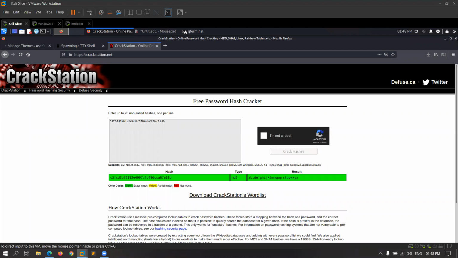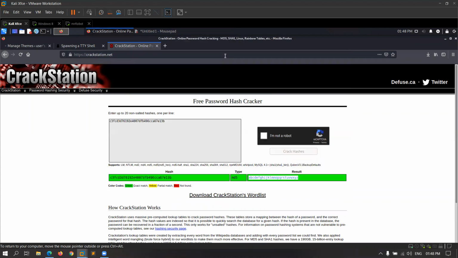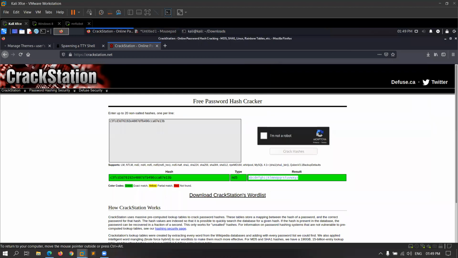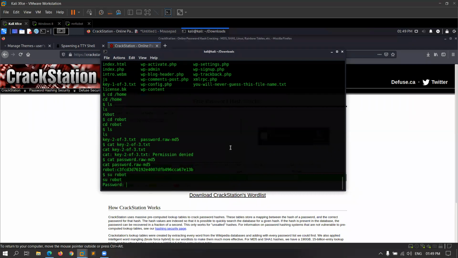Now what will I do? I will copy the password here and I will try to log in with su robot, and it is asking for the password.